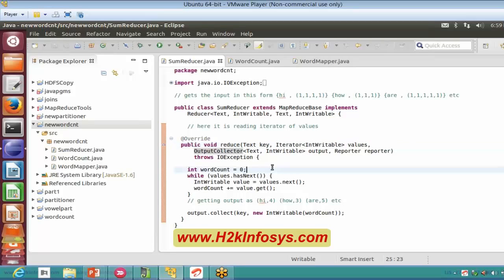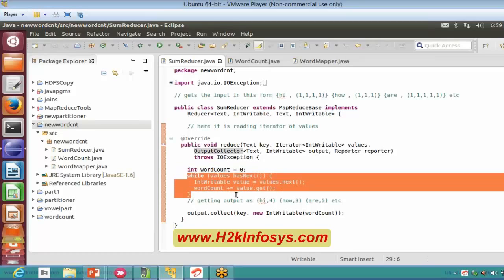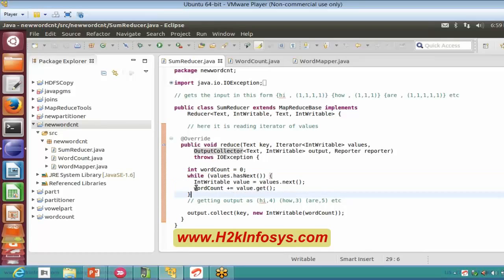So I am declaring a variable called wordCount, and I am initializing it to 0, and I am iterating this loop until it doesn't have a next value. Every time I am aggregating the values as wordCount equals wordCount plus value.get, and hence once the whole loop is executed, it will generate the output as hi comma